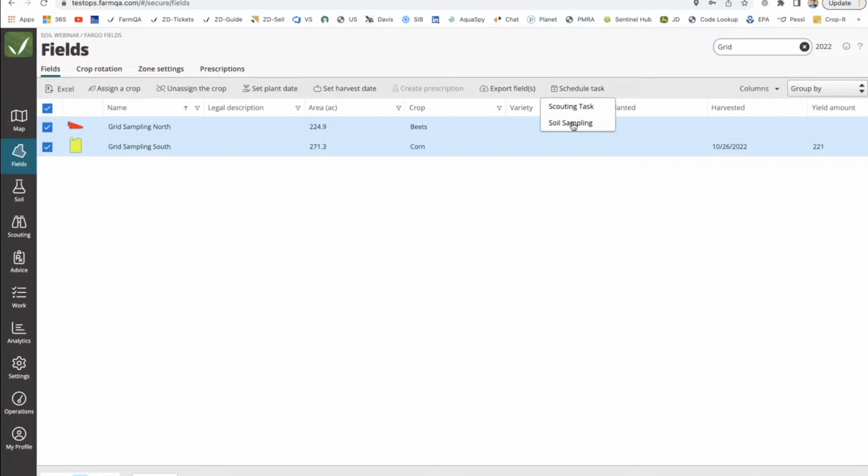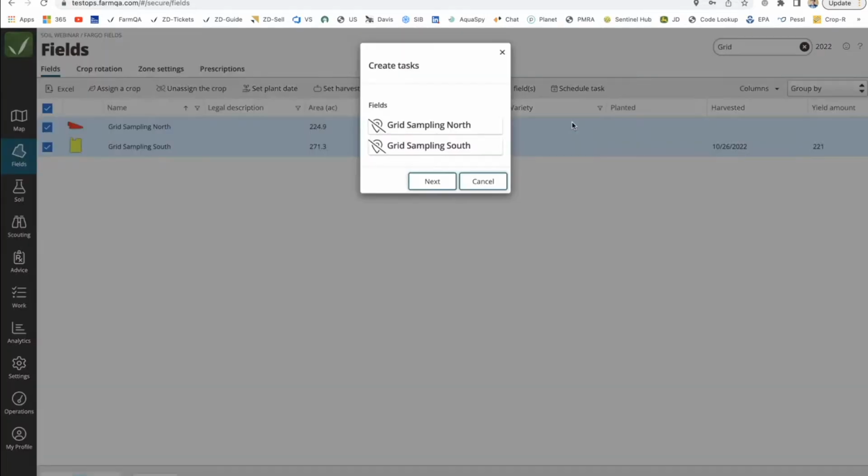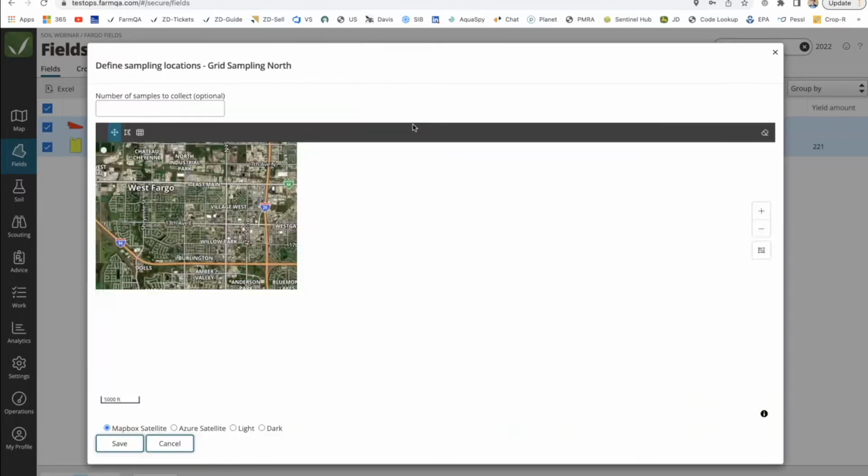A little teaser here, I will be talking more in depth about the task types beyond soil sampling in our next webinar. But for now, we'll just hit on the soil sampling task type. So I've done that, and it gives me a list view of all the fields I have selected. And where you see this check mark or the slash through it, it means currently those fields do not have pins associated within the task. So when I come into the grid sampling north,